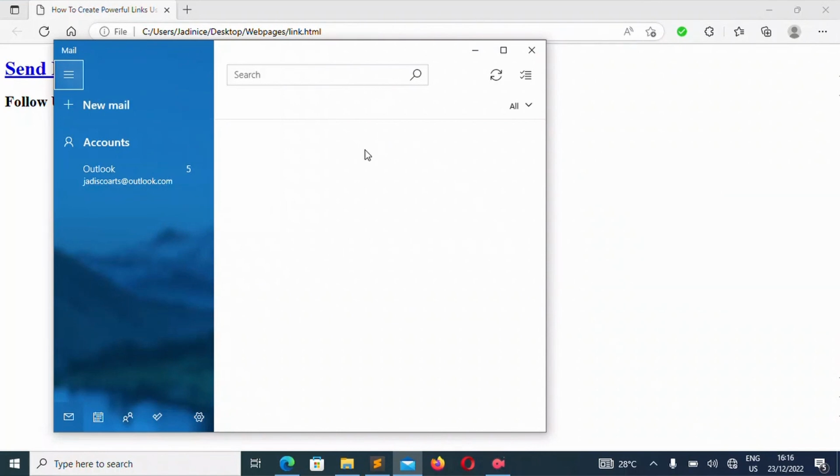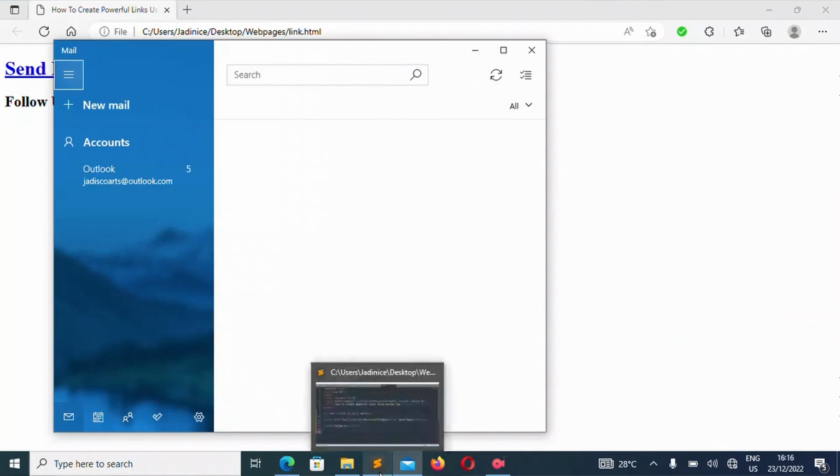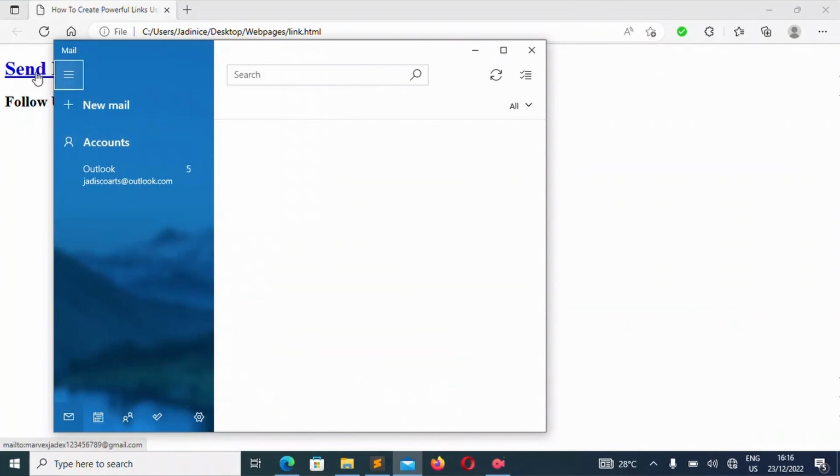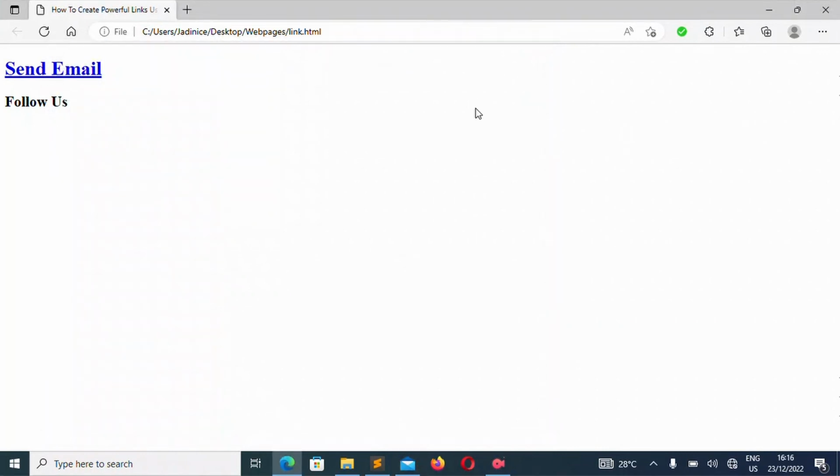And it helps because it also reduces the chances of having errors when typing the email address, because the only thing the person has to do is to click on the send email and immediately the person is sent to the email address without having to type it here and there.